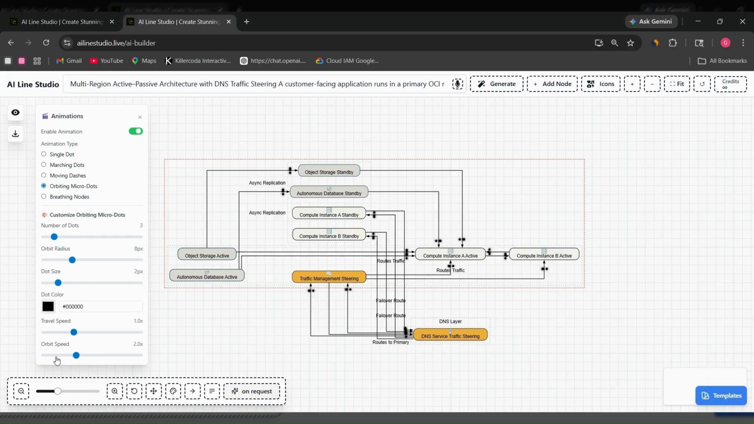So basically adding an orbiting microdot animation in AI Line Studio helps you make your diagram more interactive and visually